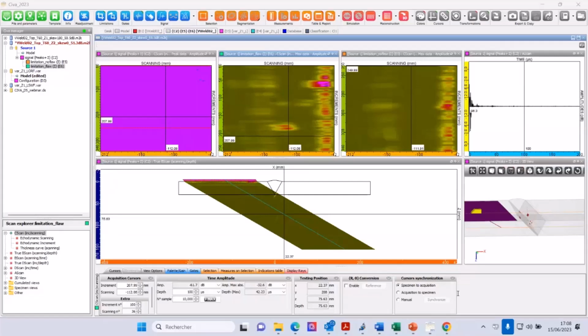So this is something that, as with everything in CIVA, before going to more complex things, you need to check. We need to understand why you have such a difference to go further. So if you can send your simulation, at least we can check if we are on the limits or whatever. Yeah, we can do that.